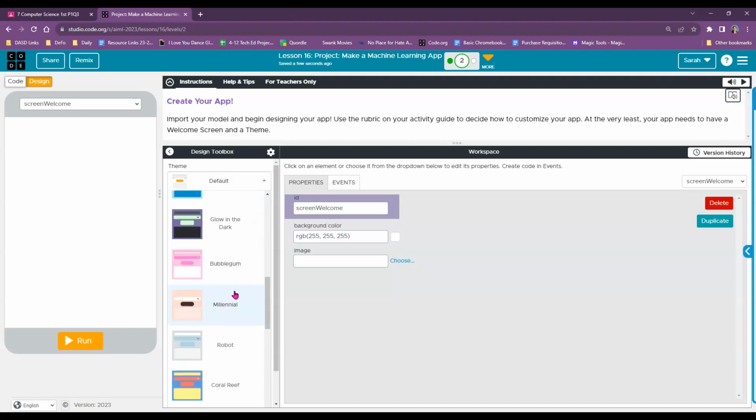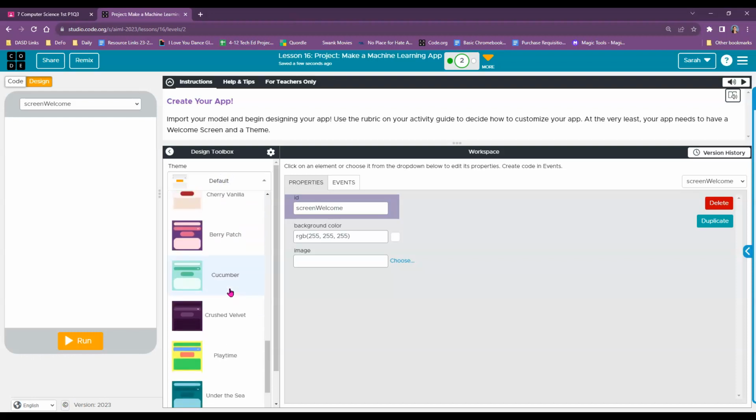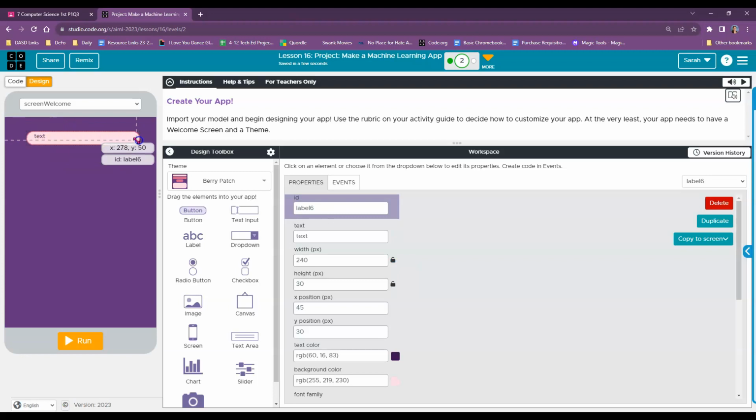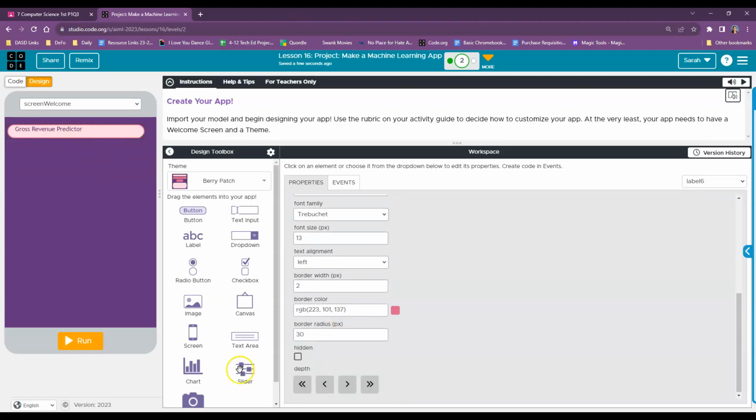Mine's about movies. We'll do Berry Patch. I'm going to put in a label up here, and I'm going to say what this is. And I named this Gross Revenue Predictor. And I'm going to make it look pretty. So I'm going to pause for a second and pull out the things so you can see